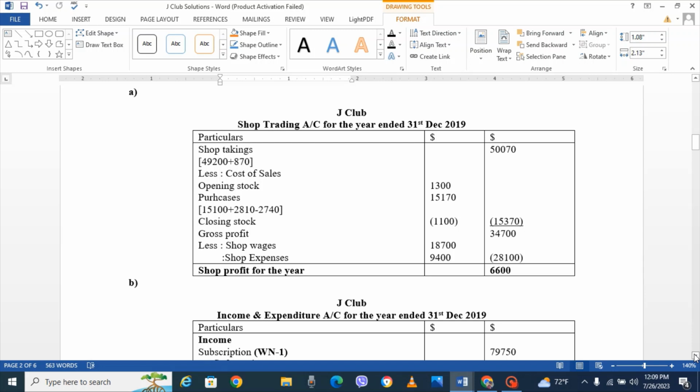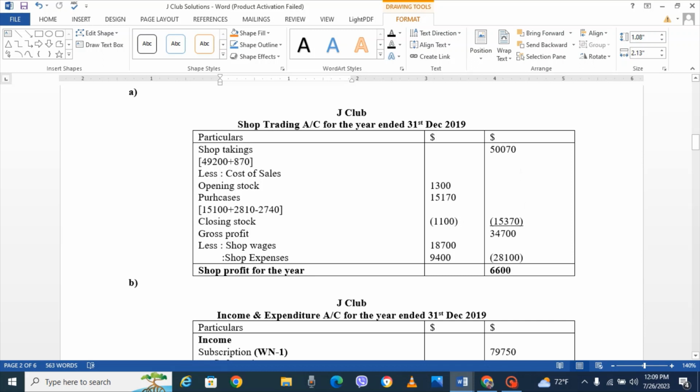But in the case of purchases, there is also the presence of SOP trade payables. So in addition to that 15,100 SOP purchases, which is given as in bank payments in the above questions, we have to add the increment in SOP trade payables value. So that is actually 15,100 plus increment, meaning closing minus opening. So that is 2,810 minus 2,740. So that gives you total purchases of $15,170. So after adjustment of these, 1,300 plus 15,170 minus $1,100